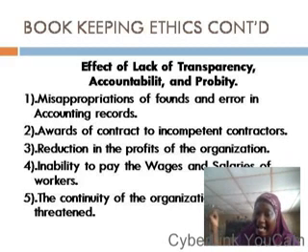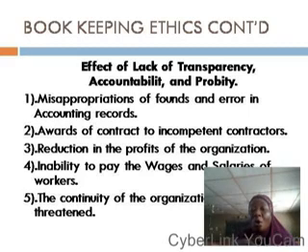I've said it earlier that if there is no TAP, there is no transparency, there is no accountability, and there is no probity, they will mismanage the money, they will mismanage the resources, they will mismanage the fund. They will be selling out, they will be chopping the money, they will be gaining, they will be running the business with huge amounts, and the money coming in, they will be